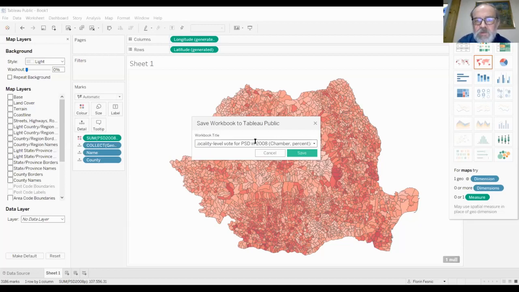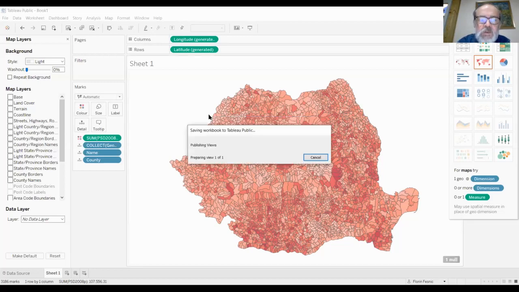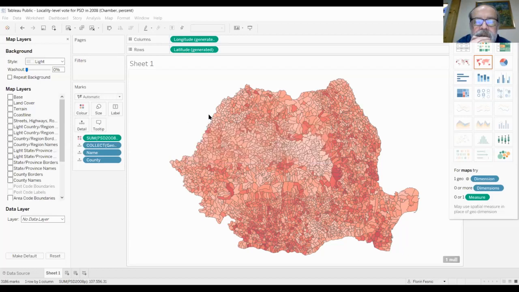Chamber because we also have Senate elections in Romania, so specify that we're talking about the chamber elections and not the Senate elections. Okay, click save. Saving workbook to Tableau Public. And now it is saved to Tableau Public.